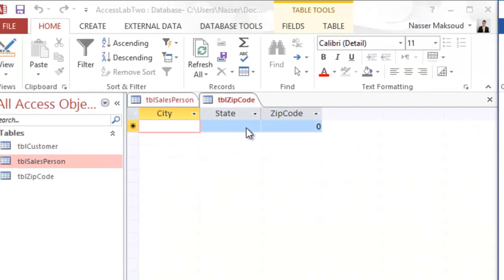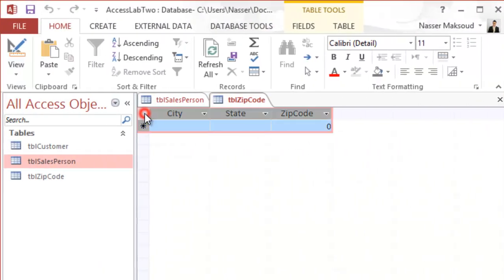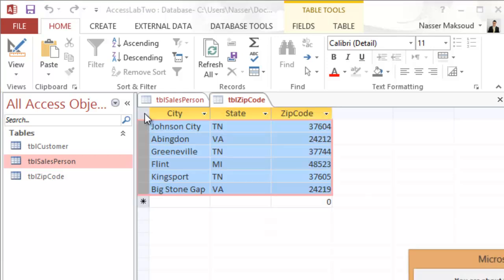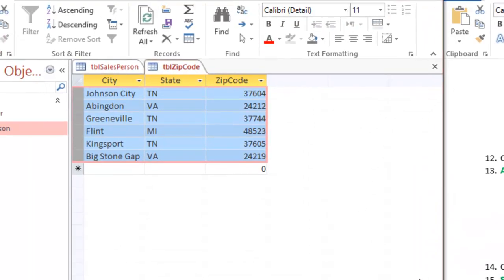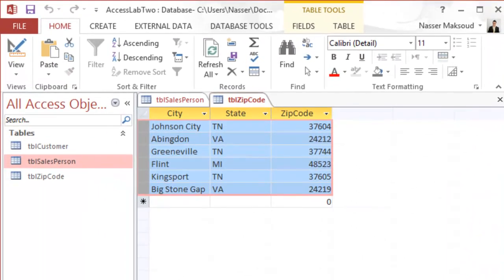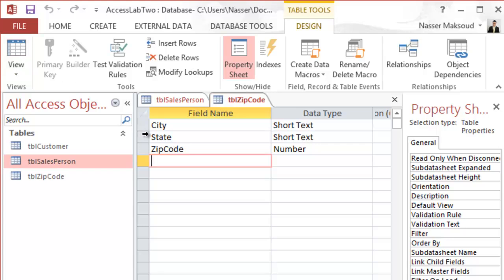To select the entire content, you click on this box here, and then press Ctrl V, and it will tell you, would you like to paste 6 records? Yes. Now I copied these data as shown right now. It says here, select the entire page. We already did that. It changed to design view, so I will change to design view, and then